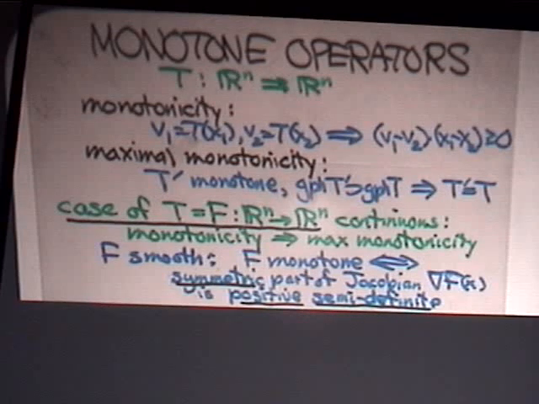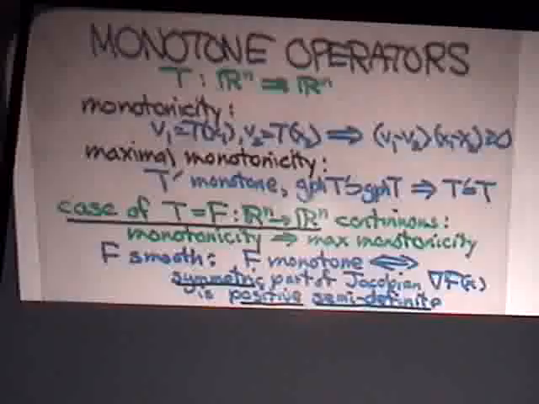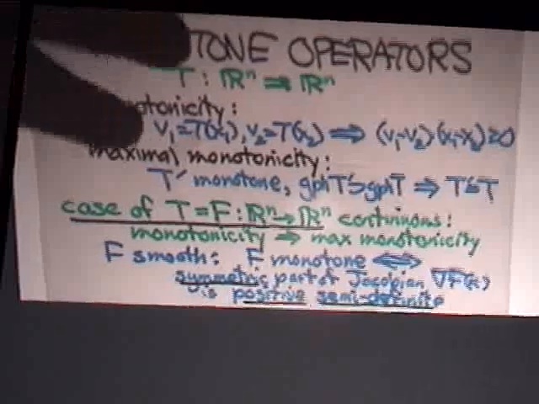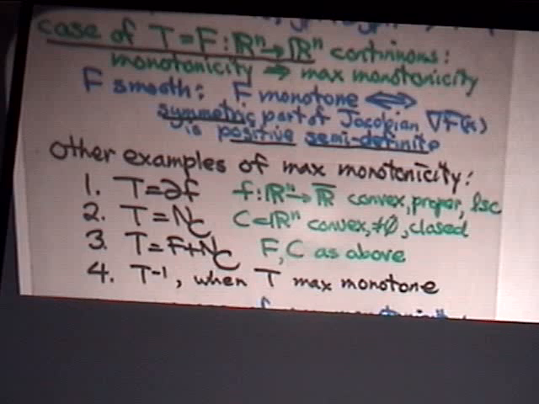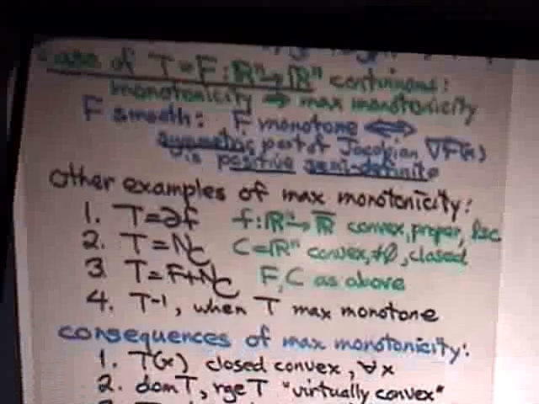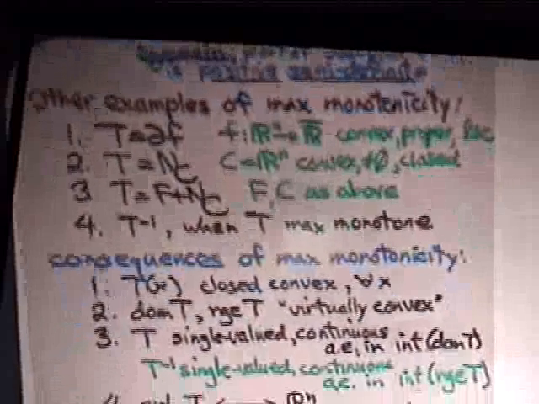And for a smooth mapping, it would correspond to positive semi-definiteness of the symmetric part of the Jacobian at every point. But that's the set-valued ones we're so interested in. So examples that have this property are subgradient mappings for convex functions, in particular normal cone mappings, the mappings that correspond to variational inequalities when the f is monotone, and the inverse of any maximal monotone mapping is maximal. And these mappings have so many powerful properties.